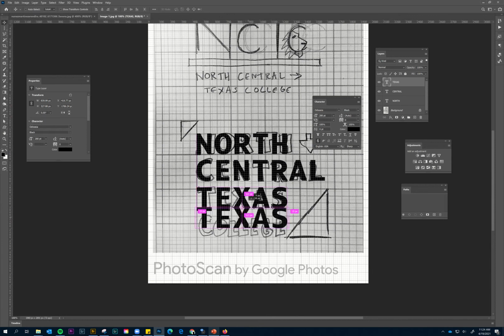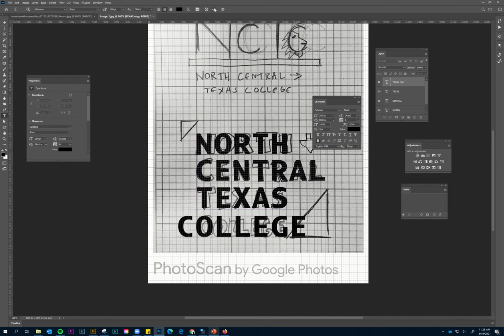So I'm going back to my move tool, making a copy of this. I'm making a copy by holding down the Alt key and dragging. Now, this is obviously not going to be a perfect rendition. Let's do this. What I'm going to do now is select all four of those layers of